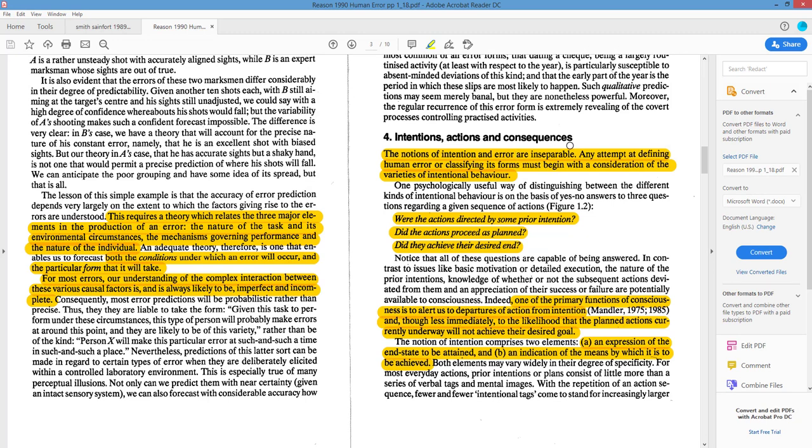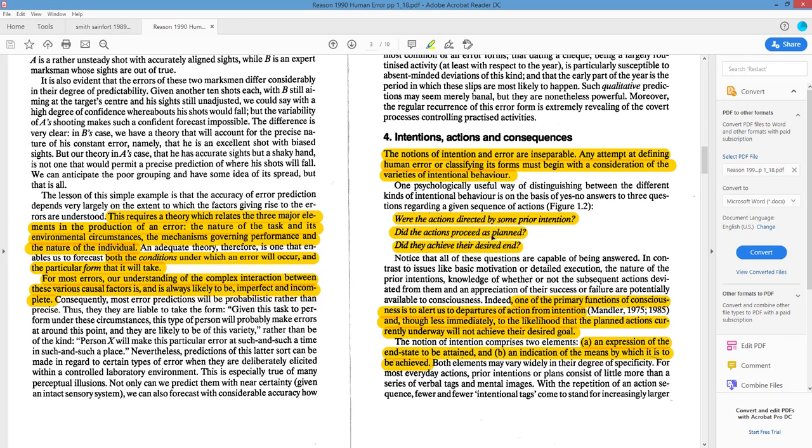So, okay, this is probably the most important part. If I was to say, really focus on something here beyond all this other stuff, it's that he's broken it down, sort of the taxonomy for errors, into 3 questions. Were the actions directed by some prior intention? The problem is sometimes people get hurt because it's novel to them, it's new to them, it's different. Something's different about it. And so what they did is they applied different experiences to it, expecting the same outcome,